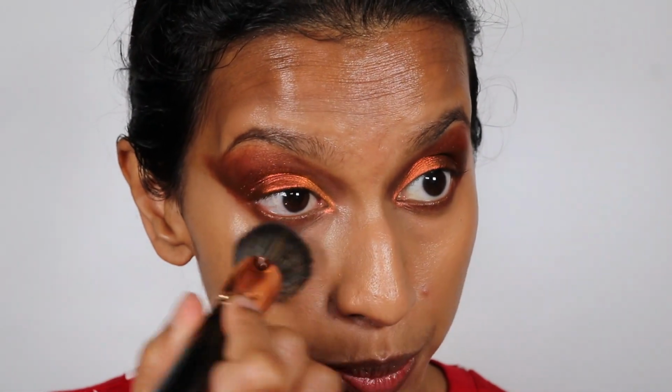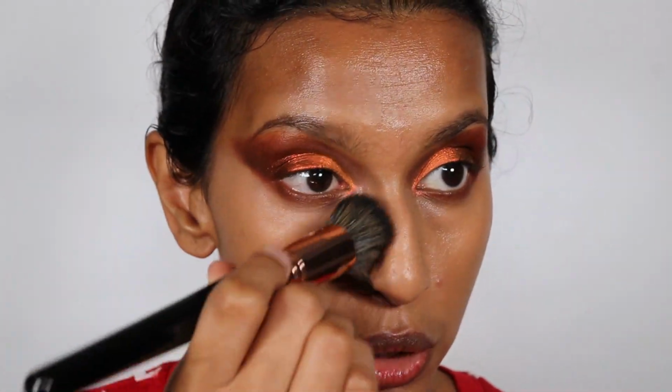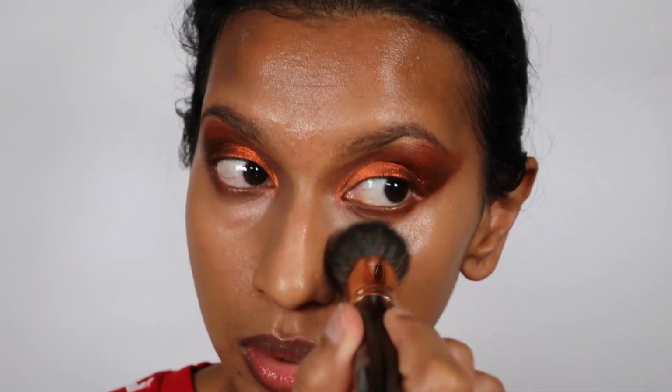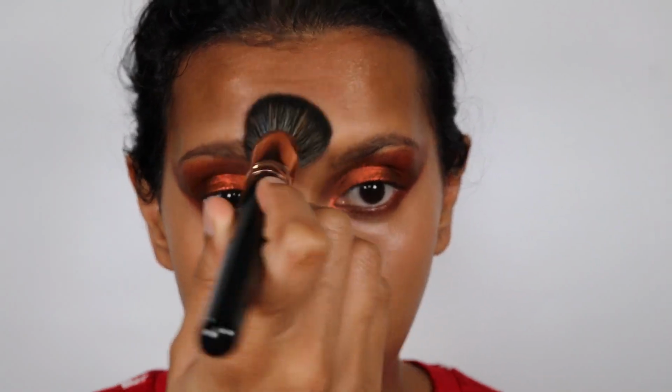So I just finished doing Yensa primer, foundation, concealer. I'm going in with Woosh Beauty now, because something I should probably mention is that if you're using Yensa, it gives a very dewy, glowy finish, which I really do like. But I do want to also set my eyes, so I'm going in with my Woosh Beauty highlighter at the moment. This just kind of brightens up